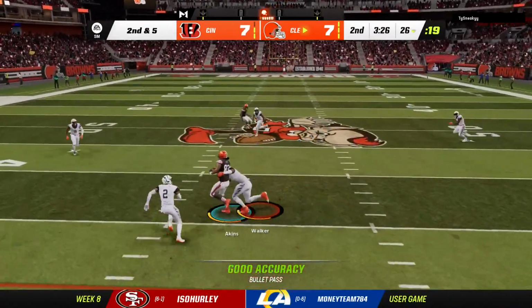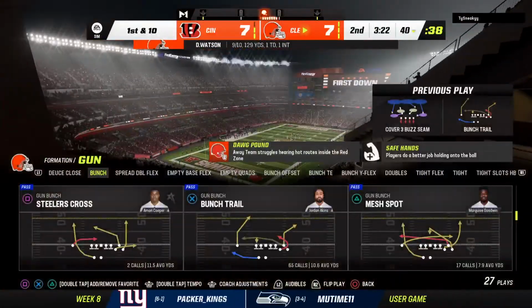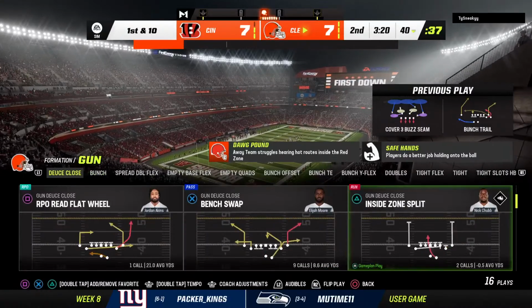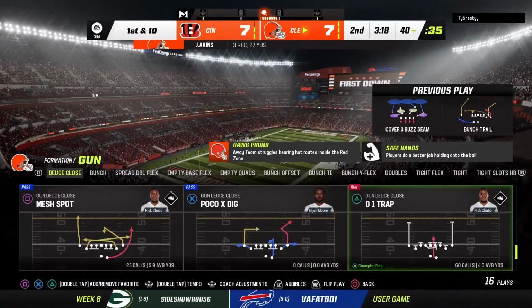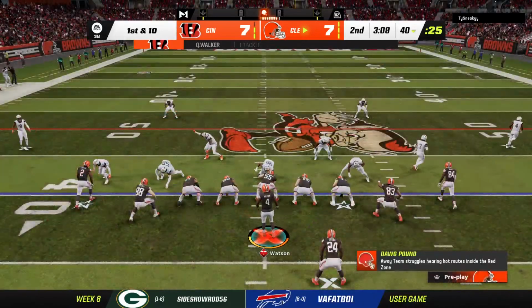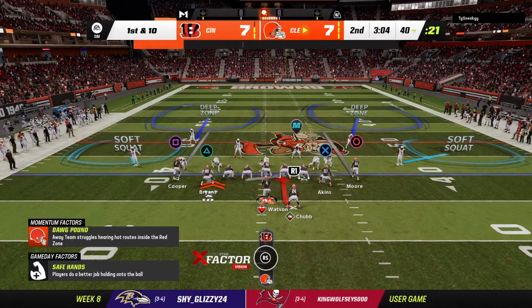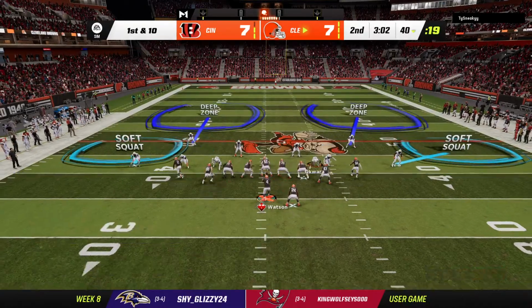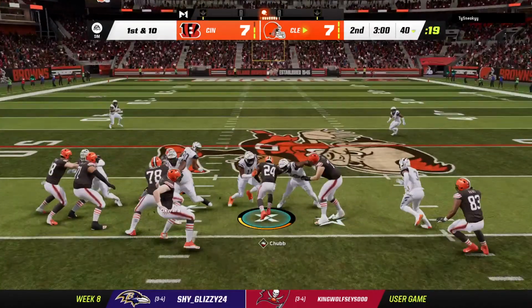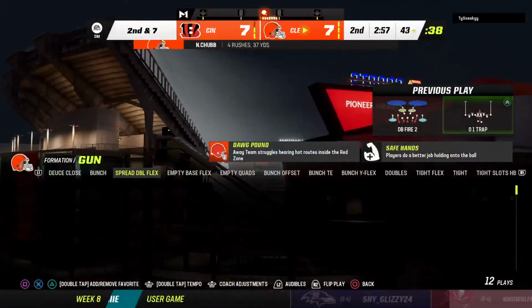Watson. That's complete to the tight end, Akins. And he takes this up to the 40-yard line before being corralled. 14 yards, and it's a Cleveland 1st down. And that's a more than acceptable read right there because it's zone coverage, so timing is everything. This time he waits for his man to come open, puts it right on him, and they pick up a 1st down. And they're going to get about 3 here out of this 1st down run, and that'll bring up